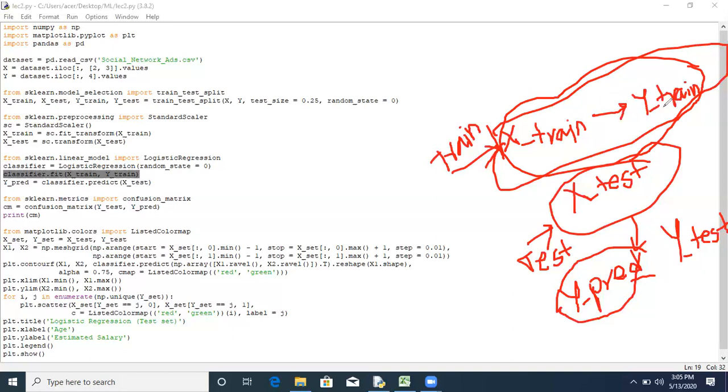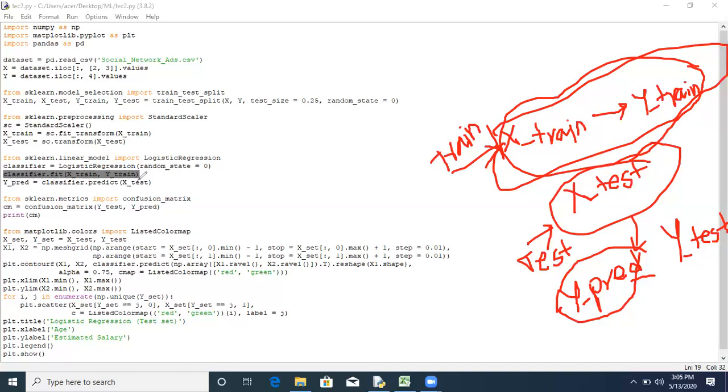So according to that training, it will generate the result. That result will be stored in some variable y_pred, and then the actual output is your y_test. So we'll compare y_pred with y_test. If they are nearly the same, that means your algorithm has good accuracy. 100%, sometimes you may get 99% accuracy.